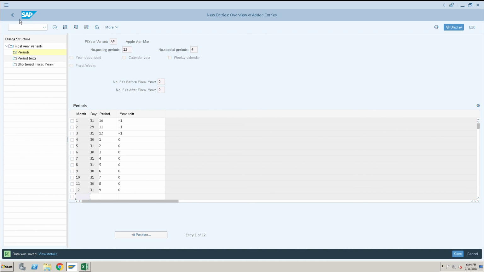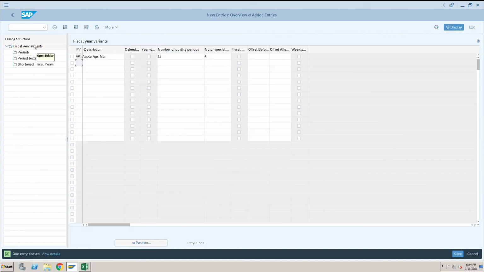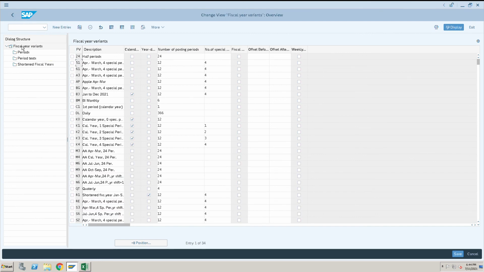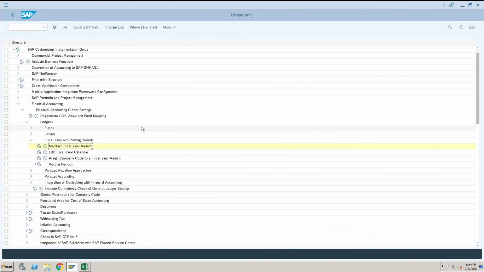Now we need to maintain this fiscal year under our company code. So our company code is 9001, that is Apple Inc. So I will assign this AP to the company code. To assign the company code, we have the option under maintain fiscal year. So this is the option we have to select, execute this one